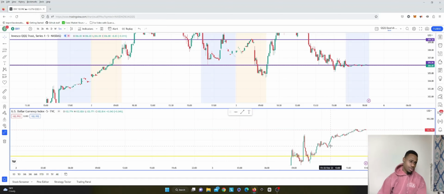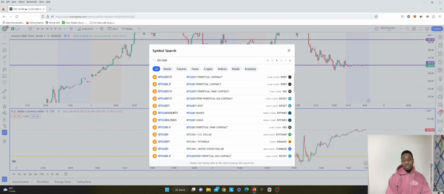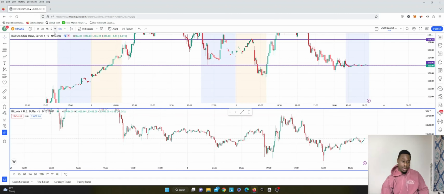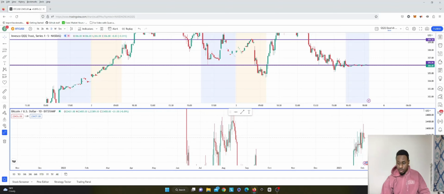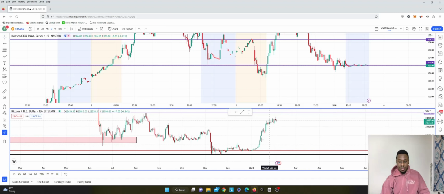It's funny, the dollar is pushing up, and that's generally bearish for the market. So we expected Bitcoin to probably hit 25,000. If the dollar keeps going, I'm not sure if we're going to see that. This can be the new top, and then we kind of push back down. When you have moves like these, you have gap fillers, so it just trends right back down. We can probably trade that as well.